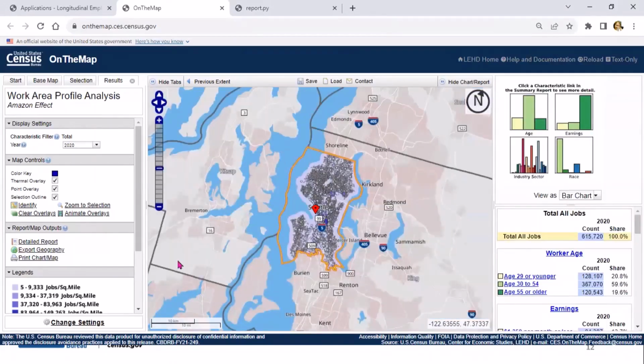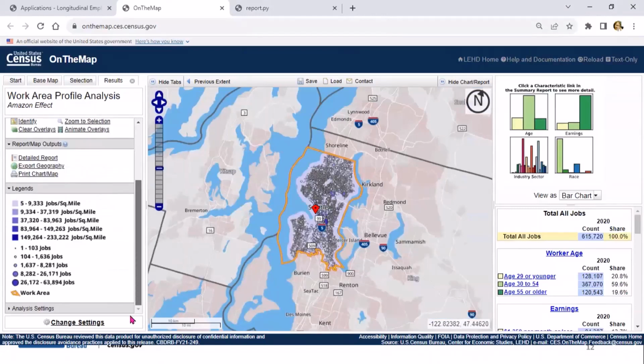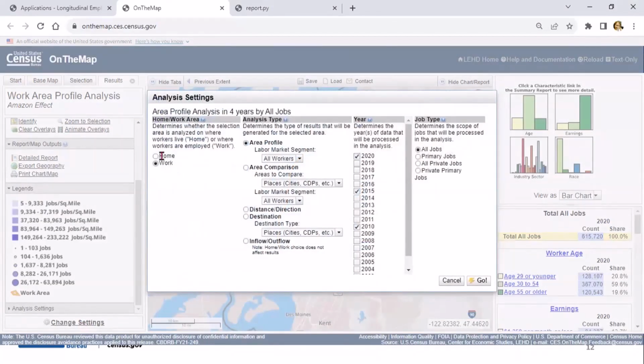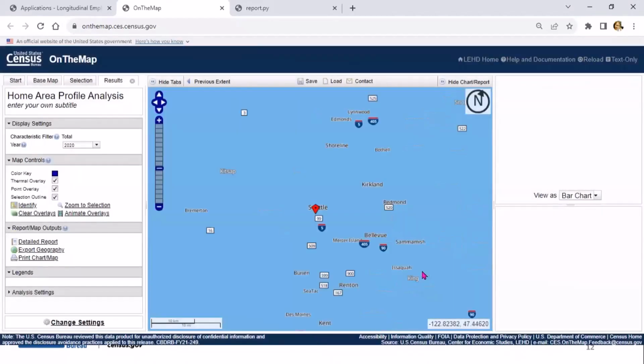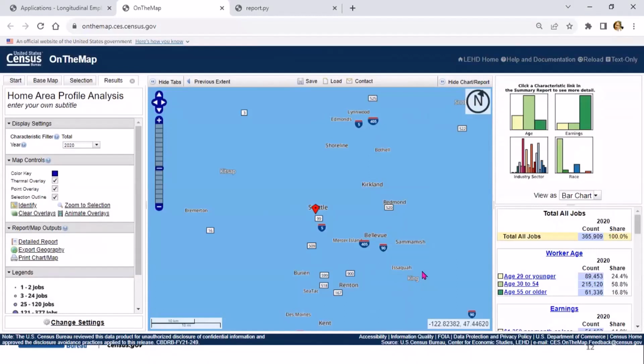All right, so this change settings tab down here on the left-hand side is going to be our friend today. So we're going to click on change settings. We're going to click on home, and then we're going to click on go. And while the map is loading up, I'm going to change the year on the left-hand side.